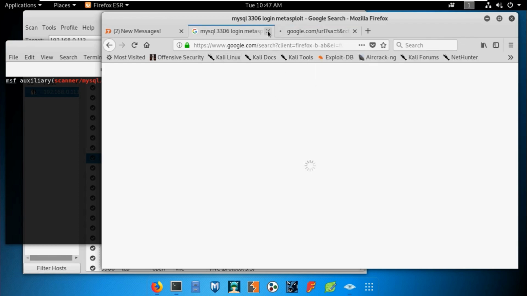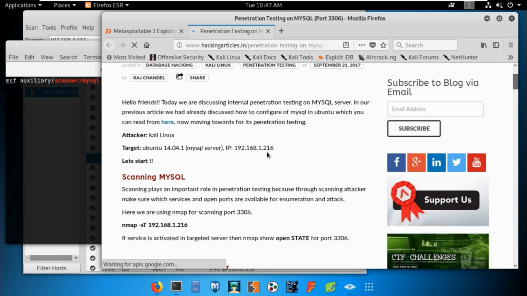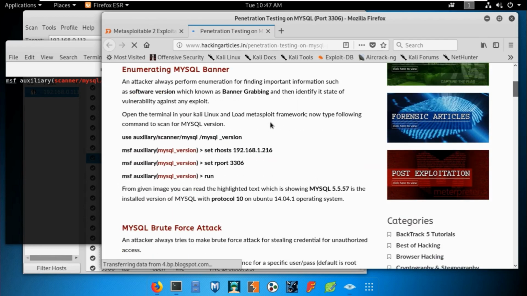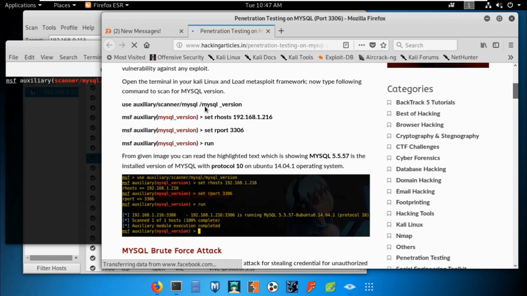Let's close this one just because we are just on the... and there are 1 or 2 ports more I am gonna show you, which is the bonus. I did not mention those ports in my PowerPoint slides. As you can see, MySQL version: first he gathers some information regarding the port or service, the MySQL service, and the